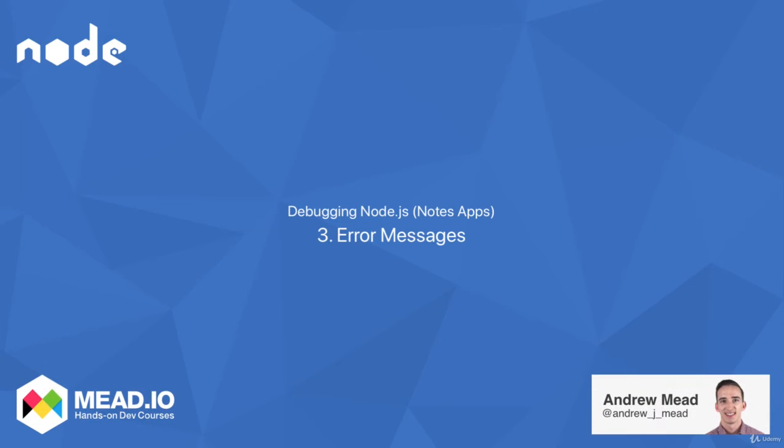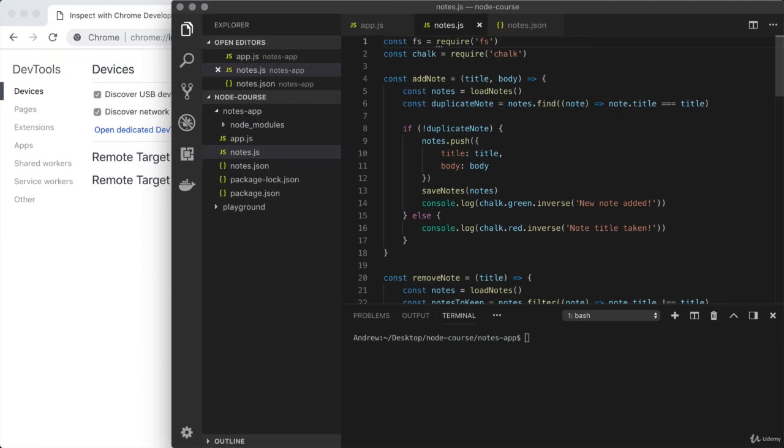In this video, we're going to take just a couple of minutes to talk about errors in Node.js. So we're going to take our working program and we're going to break it, generating an error message. Then we'll look at its structure and figure out how we can use the information it provides us to easily figure out where in our program things are going wrong. And my hope is that this very short video can save you much more time in the long run by making it easier for you to find the issues in your application.